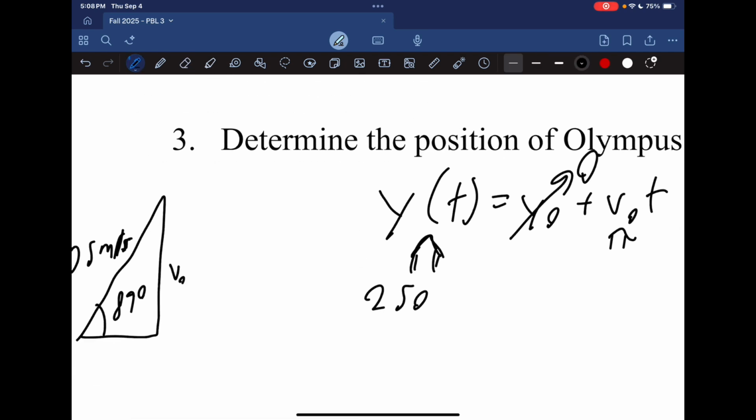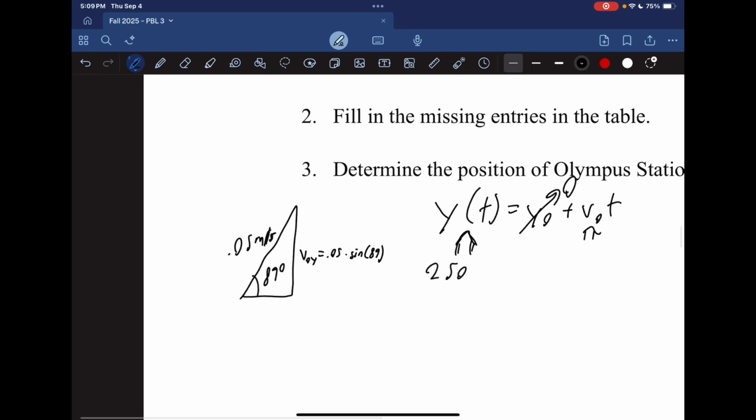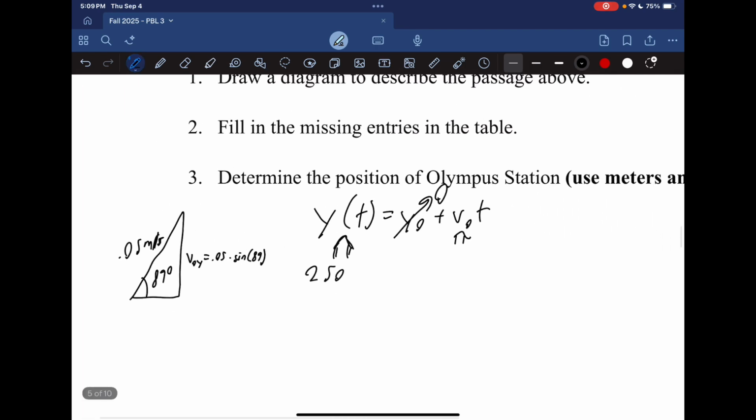There we go. So v naught y is equal to 0.05 times sine of 89 degrees. So let's go ahead and plug that into the calculator. 0.05 times sine of 89 degrees is